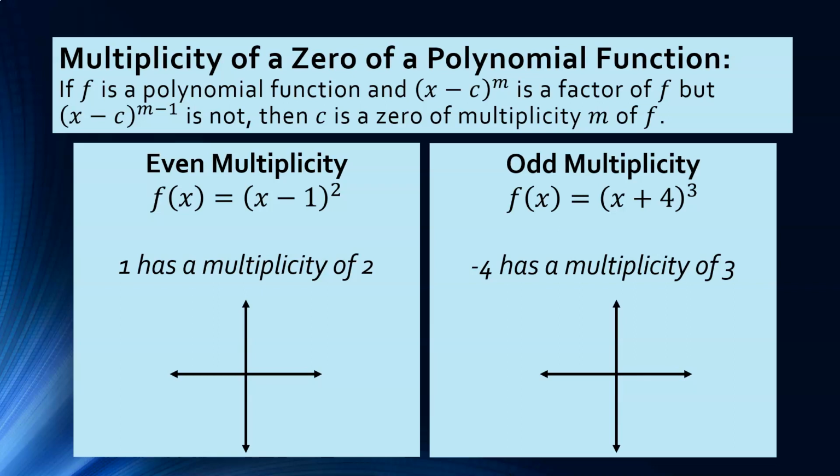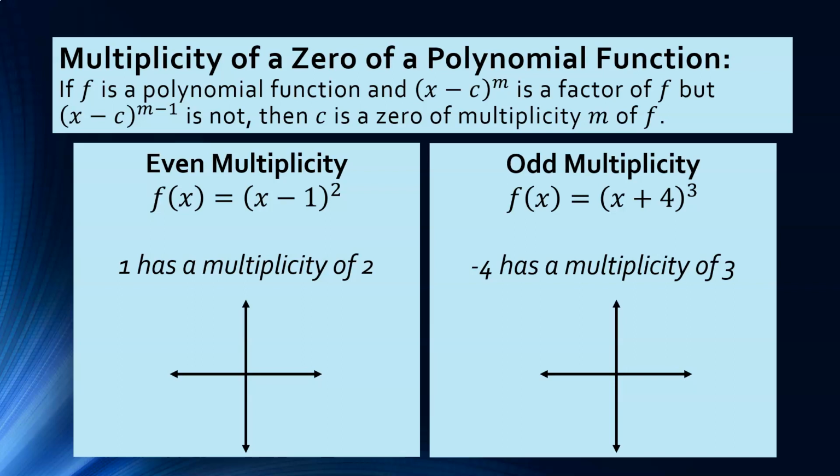All right, so in this video we're going to talk about multiplicity of a polynomial function. So when we're talking about the multiplicity of a zero, basically we're always going to be referring to something that's in factored form. If it's not in factored form, we can't determine if there's multiplicity or not. But if it is in factored form and you have a factor that has an exponent of m,